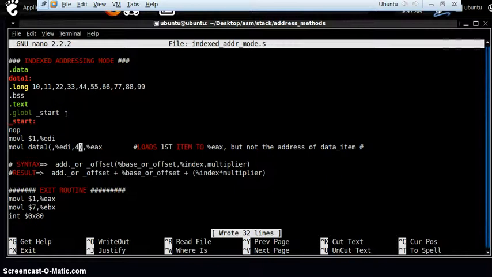Okay. So let me show you now how to access the items by setting up your base or offset. How can you use the offsets in these instructions? Let's edit this program. What we have to introduce in this syntax is our offset, and that offset should be saved in a register. Okay, so let's go to our slide.